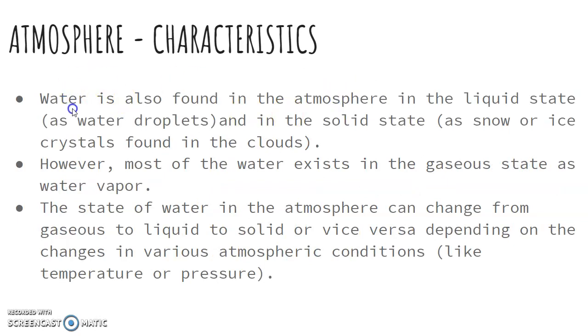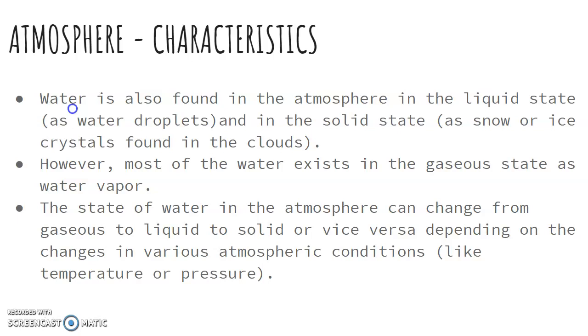Next, another important factor that we have in our atmosphere is water. Again, we would not survive long without water. And we need rain for crops, for agriculture. We get this from the water that is present in our atmosphere. Water is found in the atmosphere in the liquid state as water droplets, and in the solid state as ice crystals or snow. These are the things that are found in the clouds, and when they melt, they fall as rain. But we'll talk about it later when we talk about the water cycle.